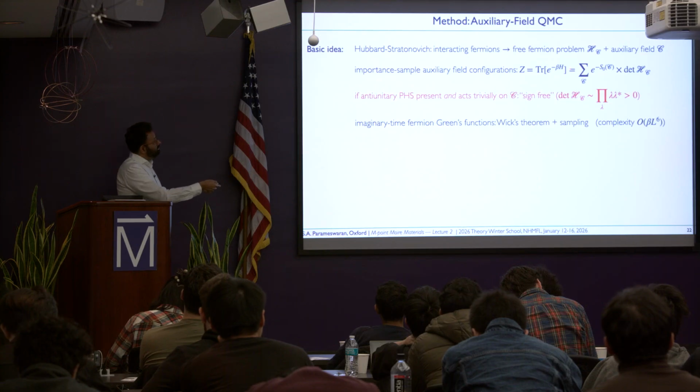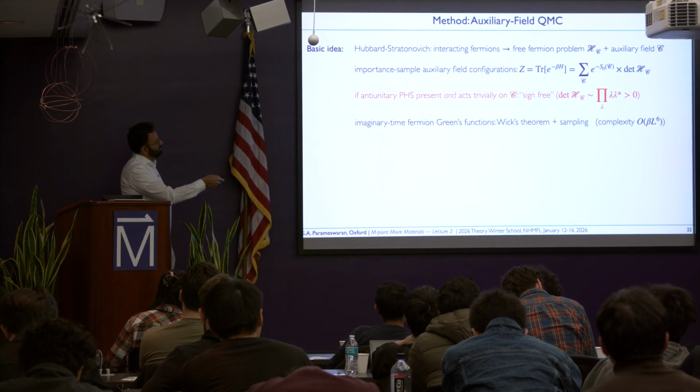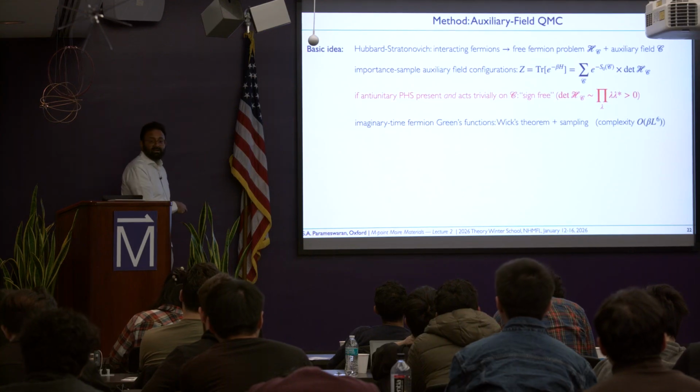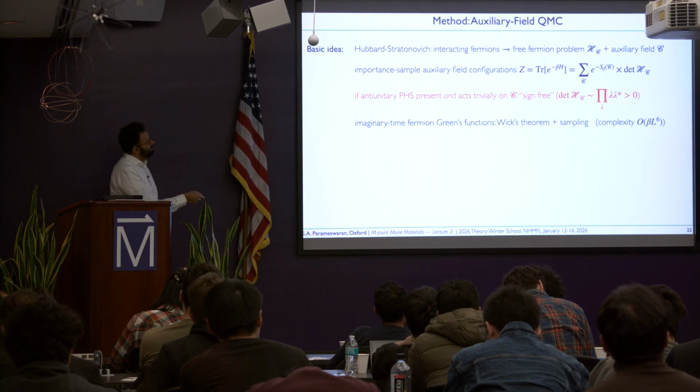But then I need to actually do a sum. If I do a partition function of this problem, I then need to sum over the auxiliary field configuration, and I need to sample an object that looks like that. Now, e to the minus this is fine because that's a positive number, but a determinant famously does not have to be positive. But if you have an anti-unitary particle hole symmetry that's present, and it acts trivially on C,